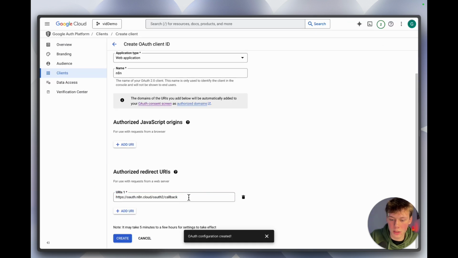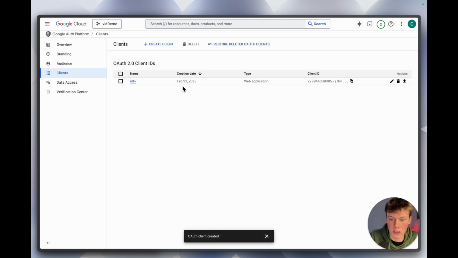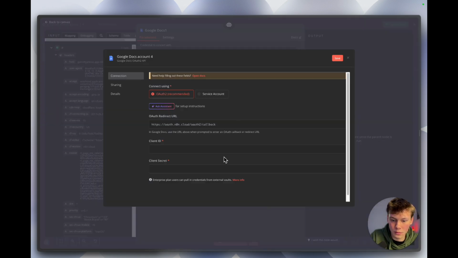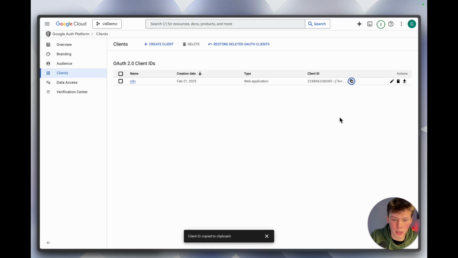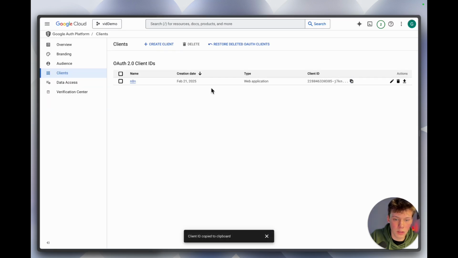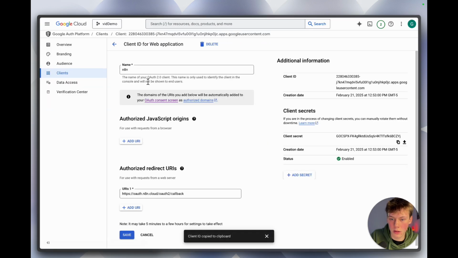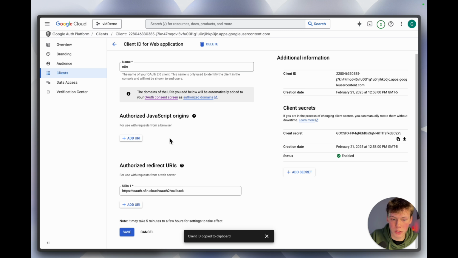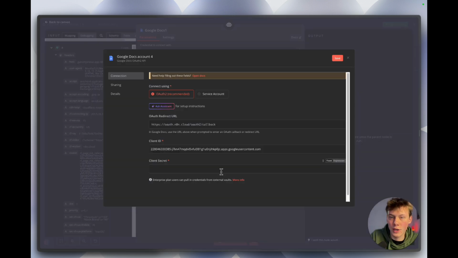So then we can go back and paste this in here, and then select create. And then you can see it gives us the OAuth client ID here. So then we're going to go back to innate. We can copy this client ID, paste it into innate, and then we're going to click on the client ID that we just created. And then the client secret, you can see here, you can copy the client secret, go back to innate and